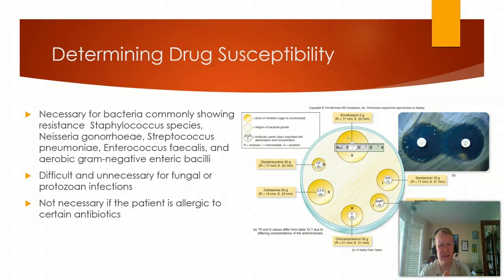The second type of drug susceptibility is called the tube dilution assay, and it helps determine the MIC, the minimum inhibitory concentration. What this does is it takes a series of tubes and puts the same amount of microbes in there with varying dilutions of various antibiotics. And what this allows us to see is what tube has prevented the growth,